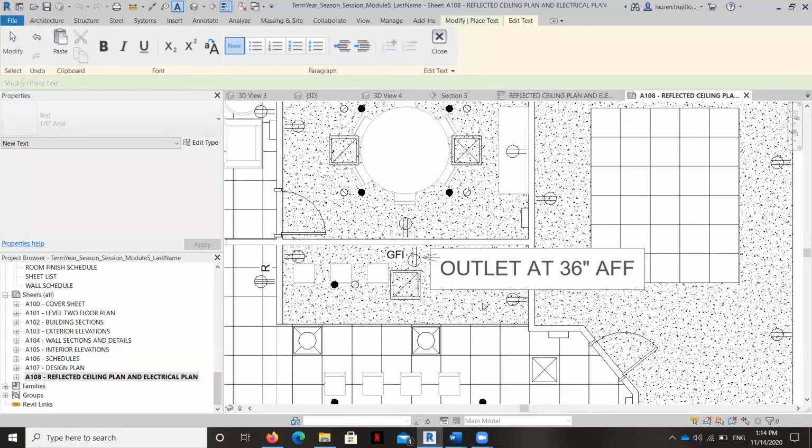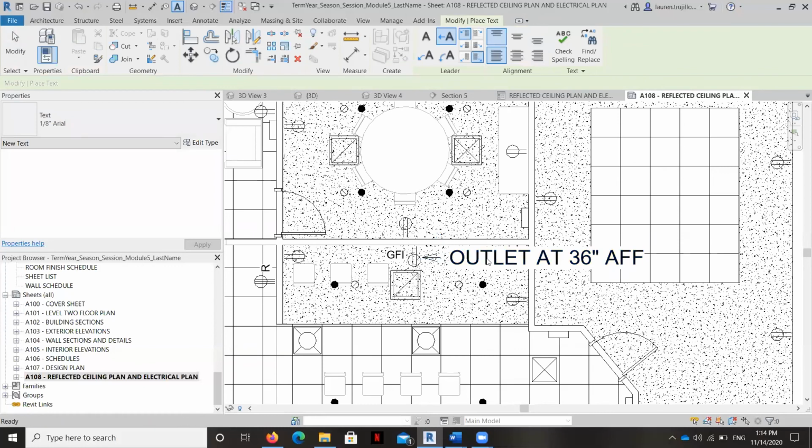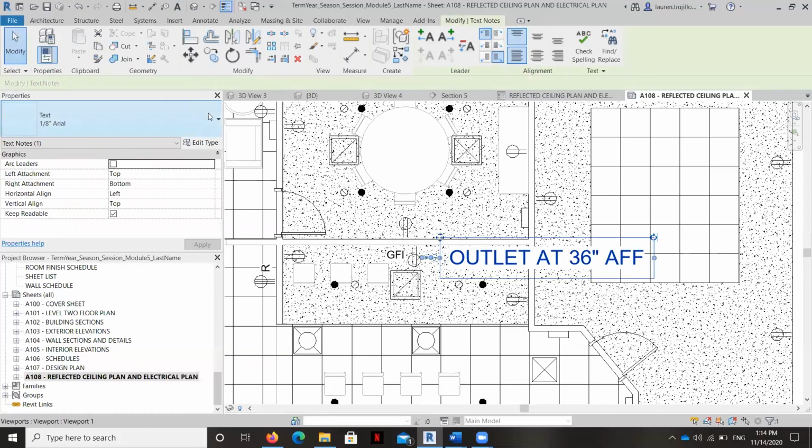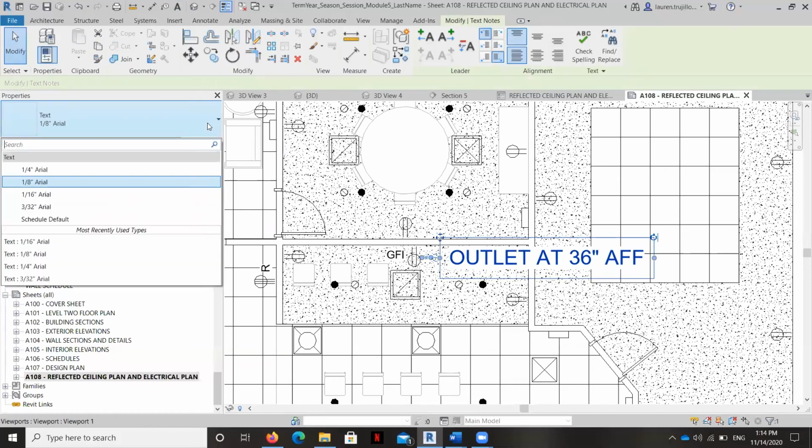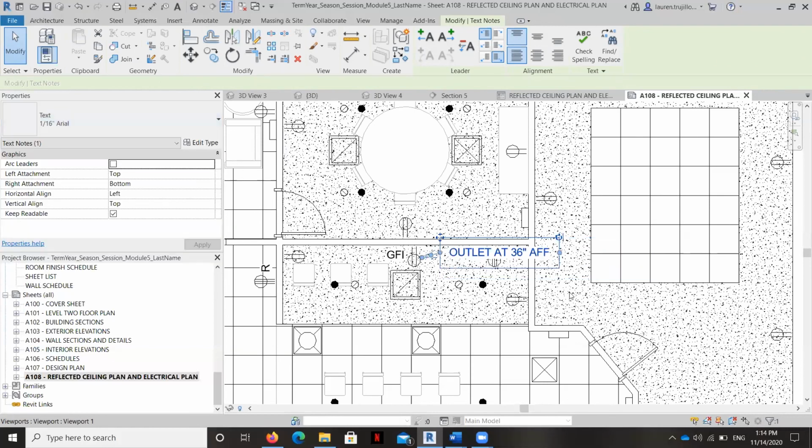And that outlet's at 36 inches AFF because of course it's sitting on a countertop so we can plug a coffee pot into it. We're going to do the 16-inch.